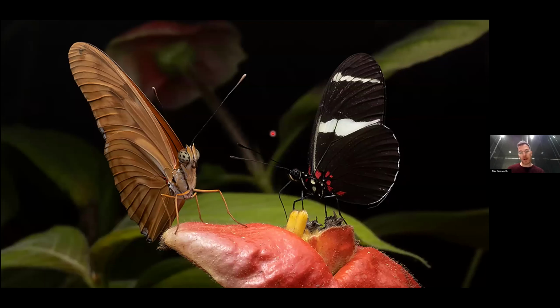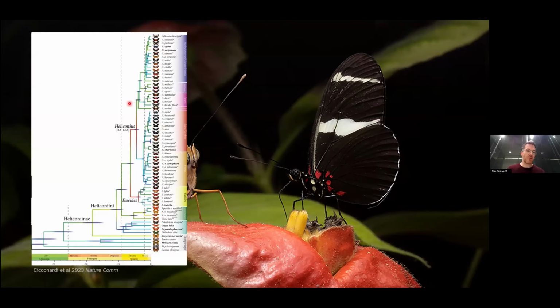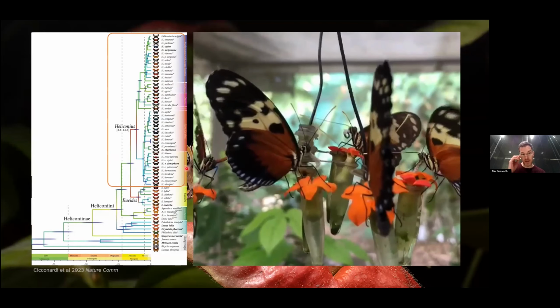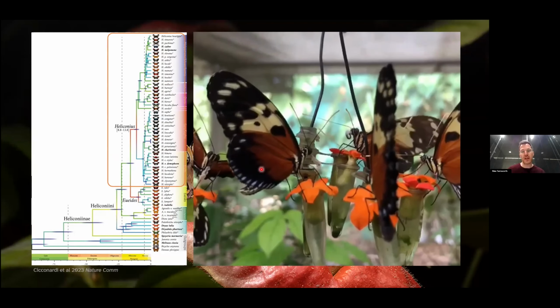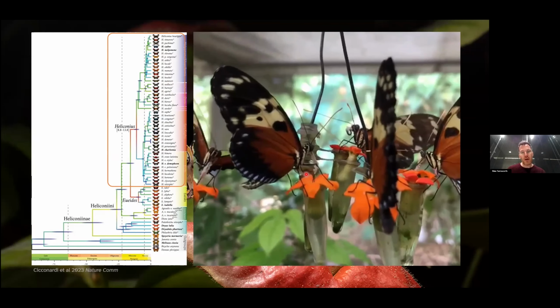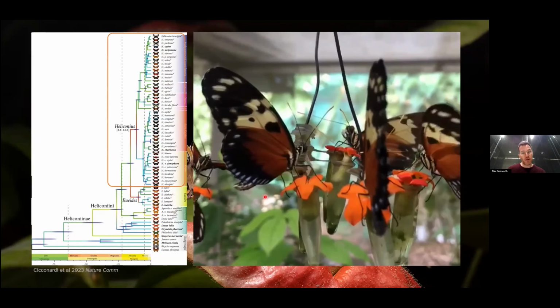The lab that I'm currently in is using these beautiful butterflies as a model system. These are Heliconiini butterflies, a large radiation of neotropical butterflies that occur in Costa Rica and Ecuador and Panama. We have certain outgroups, but we have this massive radiation of Heliconius butterflies. And interestingly enough, all of these Heliconius butterflies, except for one species, actually feed on pollen. And the outgroups do not feed on pollen.